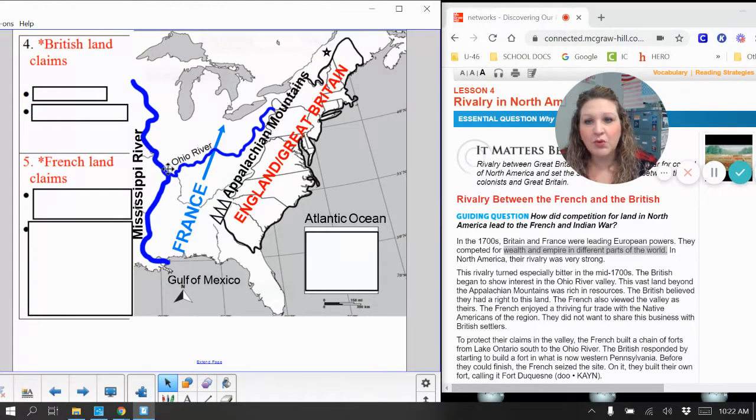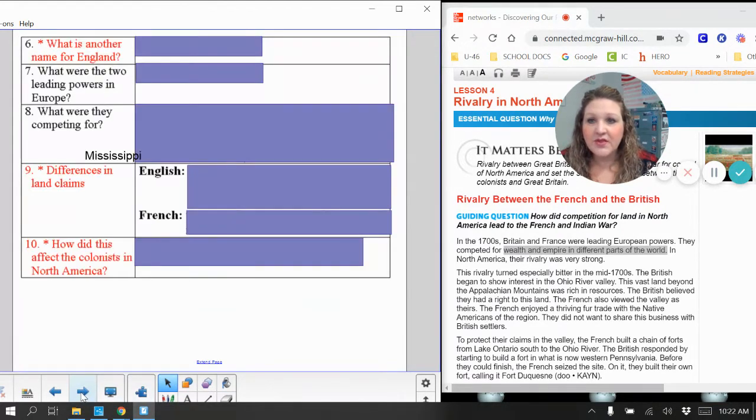So they want to have control of the Ohio River so they can get to the Mississippi River. And they don't like to share stuff. So they want to have control over this Ohio River for that reason. There's lots of nice wooded areas here. There's lots of vegetation. There's lots of fish. There's lots of animals for trapping and trading. These are things that they all want to have control over. And when I say they all, I mean France and England, okay? France and Great Britain.